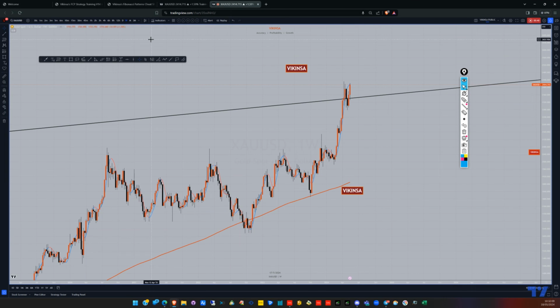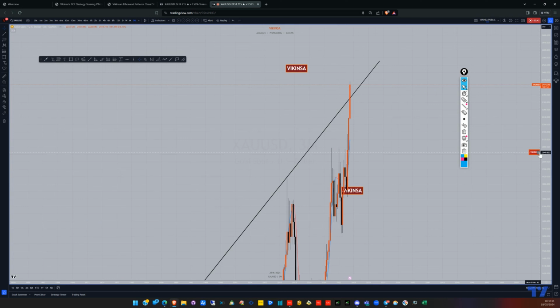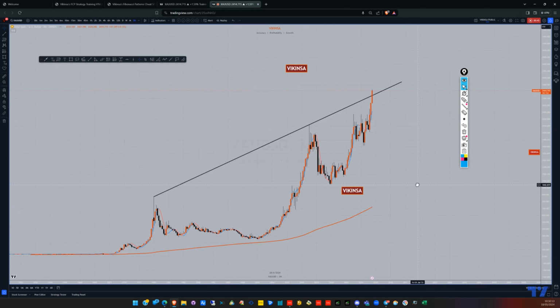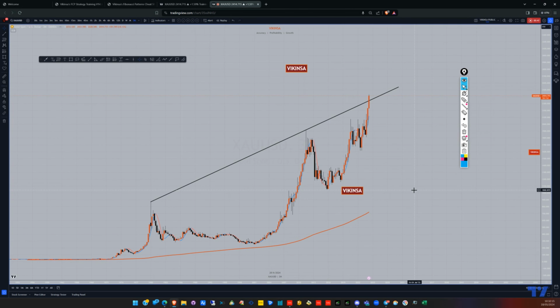Right. So what we are going to do is start from the higher time frame. We are looking at the 3 month time frame here, and this is what I have shared in the previous analysis and in our Telegram and Discord rooms, which is basically that gold has tested this trend line, which is a 40-year-old line. I started from Jan 1980, and now gold has tried to test it.